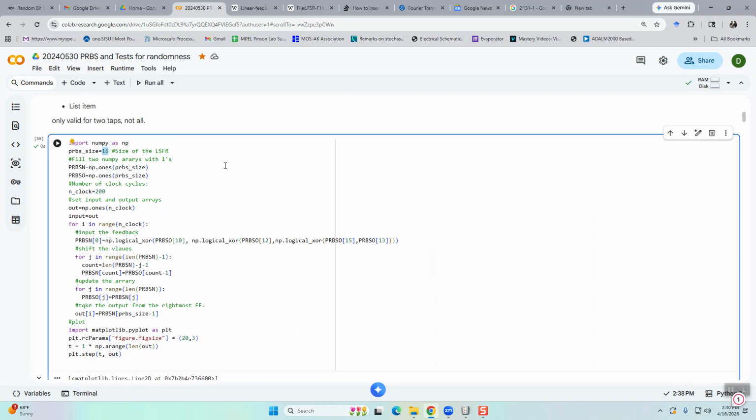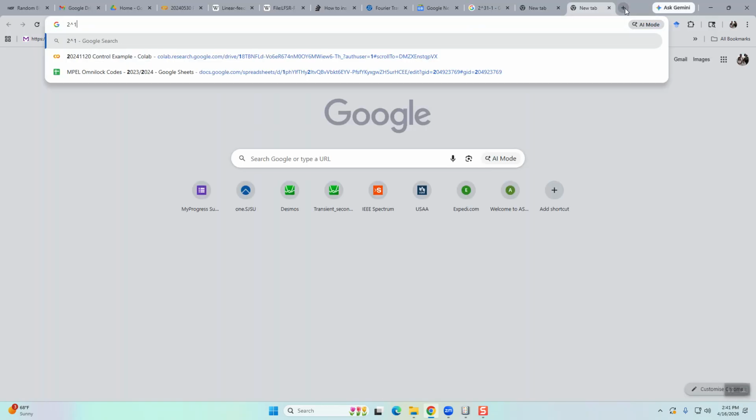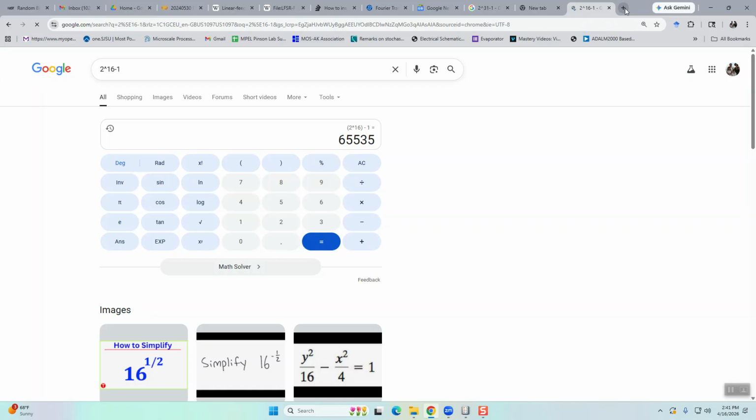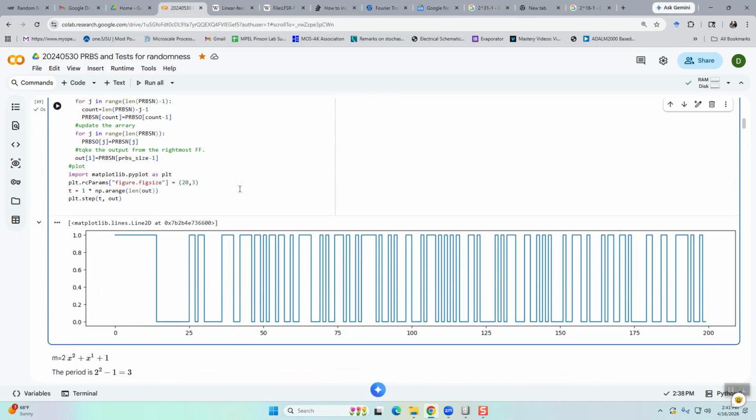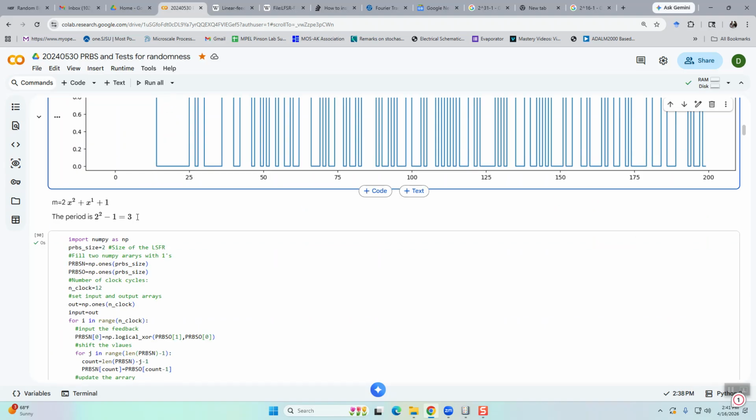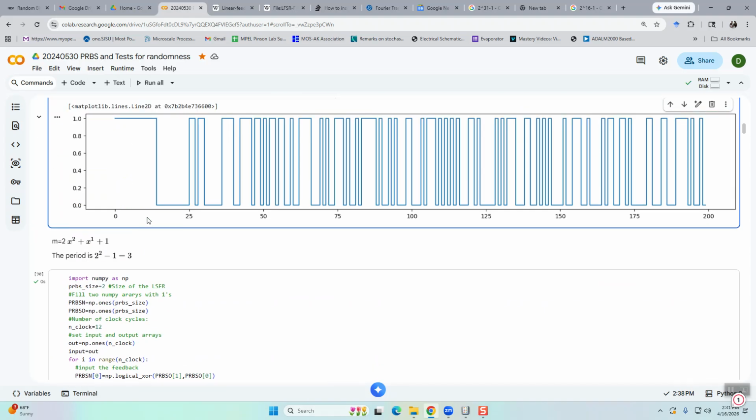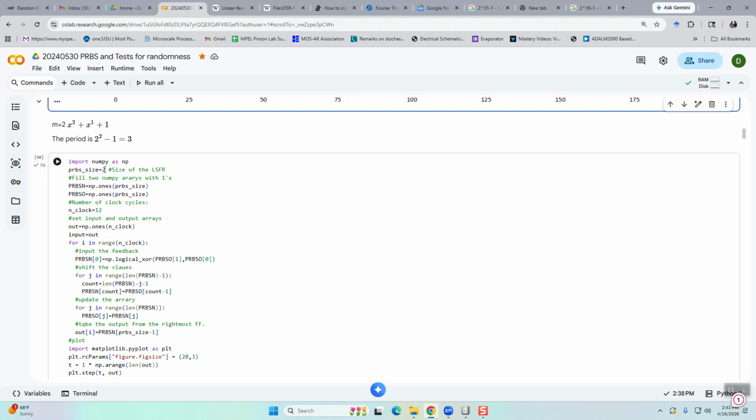The number of clock cycles before it repeats is easy to calculate. It's 2 to the 16th minus 1. So every 65,000 clock cycles or events, this will repeat. You might try to find patterns, but it's kind of hard to tell. All right, now looking here, we have a pseudo-random bit stream of